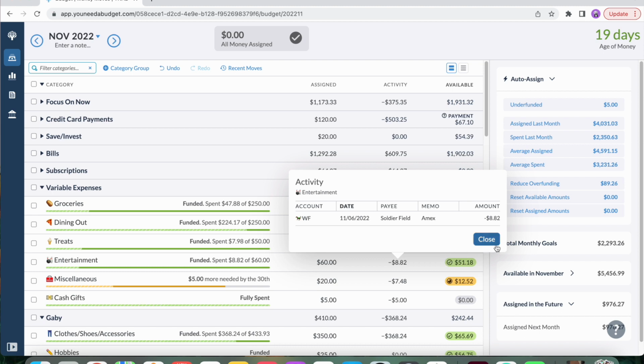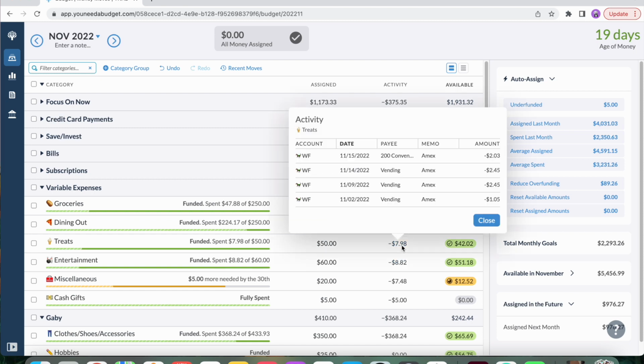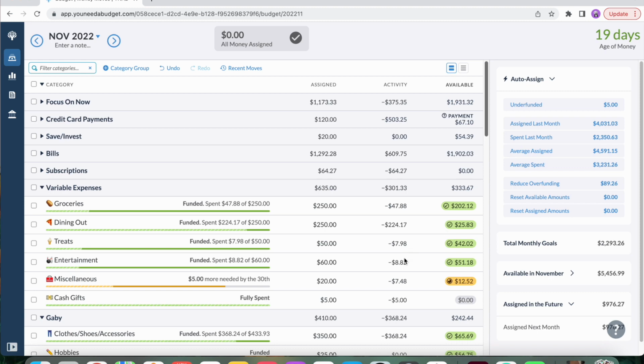Entertainment. Oh, this is for the very small amount that I spent at the Bears game. I bought one pizza and that's all I spent. So it's been very low cost this month so far. For treats, it's all work stuff, just like vending machine type stuff. So that's what that is. Haven't spent much. It's looking like both of these categories might stay under budget for the rest of the month,